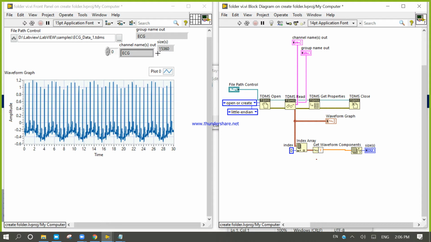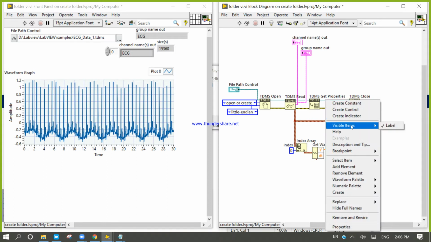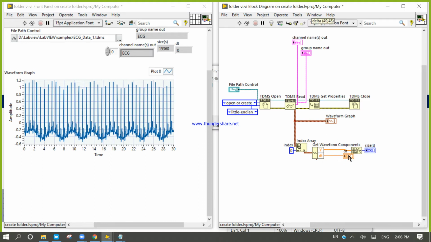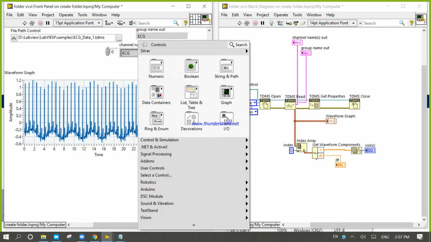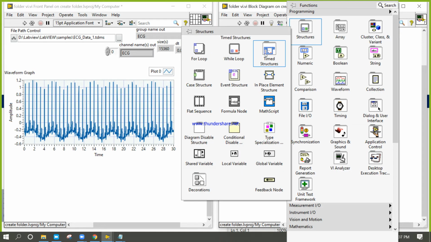So in this condition, there will be 15,360 data. And what is the step size? If I want to check the step size, delta t, so what is the sampling rate? So step size will be, look at here, it is my sampling rate. So do one thing,